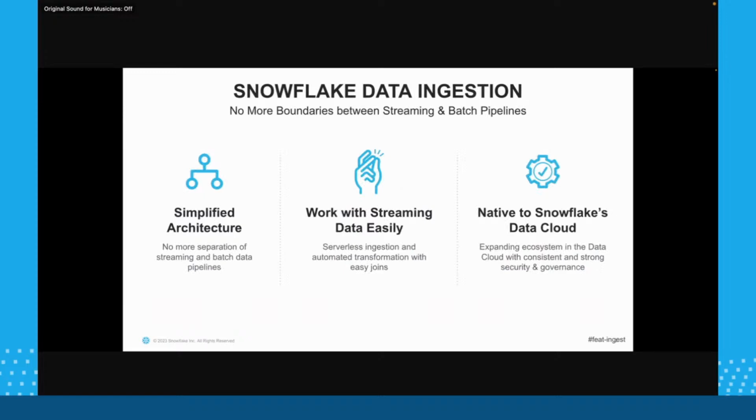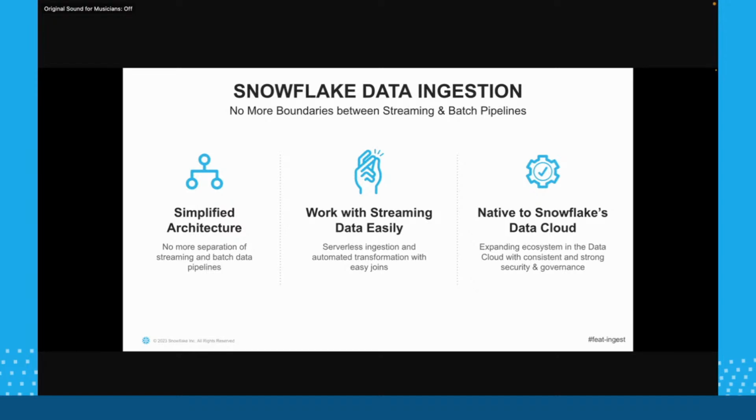Moving on, Snowflake data ingestion. If I have to double click on Snowflake data ingestion, what exactly does it look like for a developer? It's very simple. First of all, as a data engineer, we like simple things, right? So the architecture is very, very simple. Whether it's batch ingestion or streaming ingestion, the entire pipeline doesn't change. It's just the way you push your data. But once the data arrives into Snowflake, it's one unified framework that handles both your batch data and your streaming data. There's no separation of streaming and batch, right?